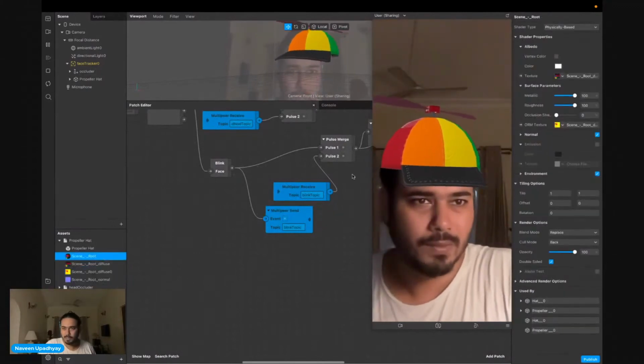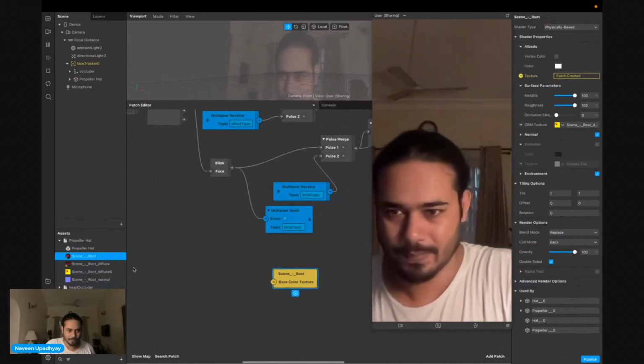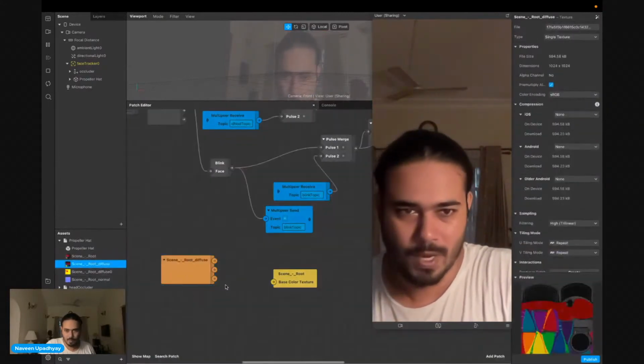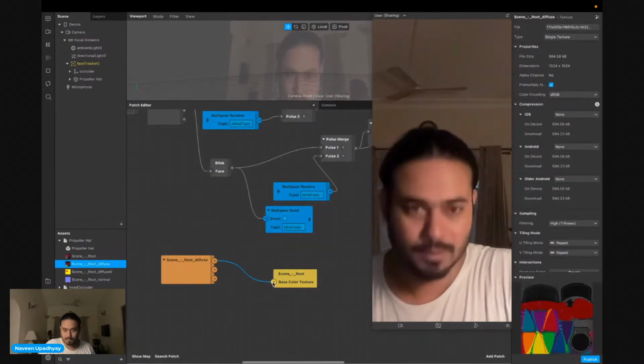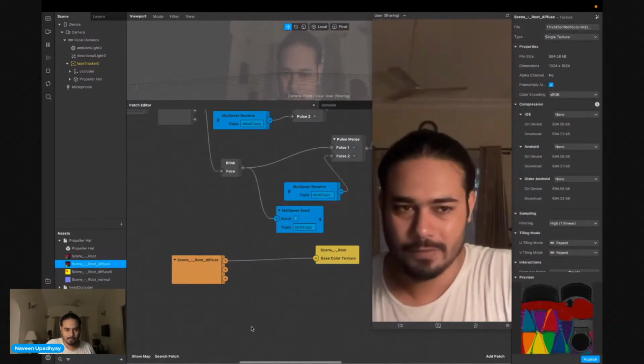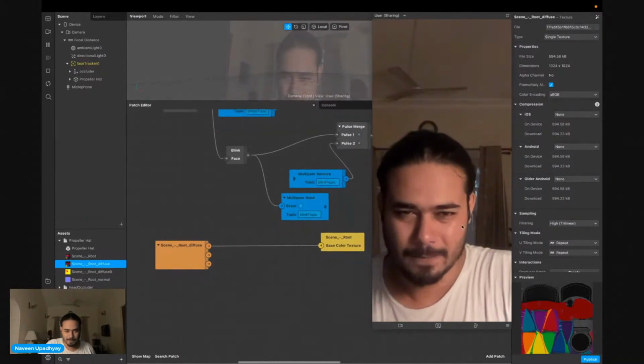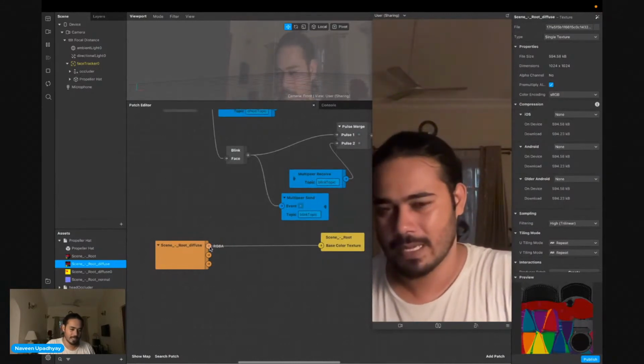This is the material used with this, and this is the texture that gets this diffuse, and this is why the cap is colorful for us. And the alpha of this color, I think we can change the color, can multiply it with something.